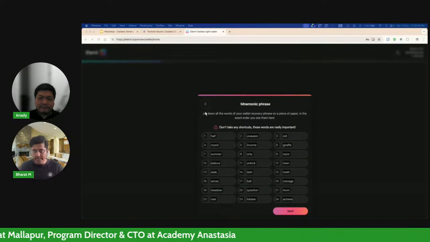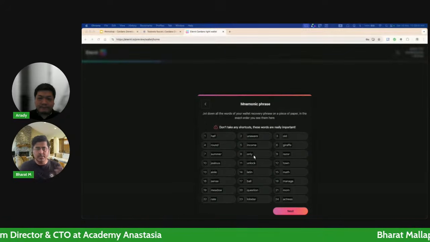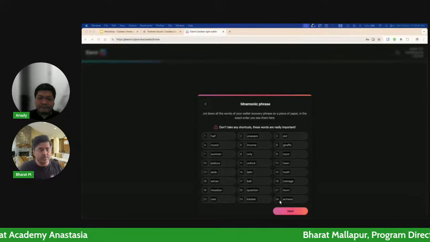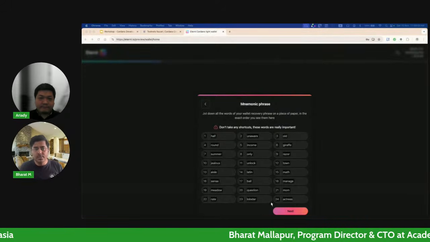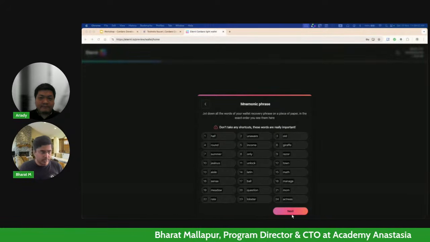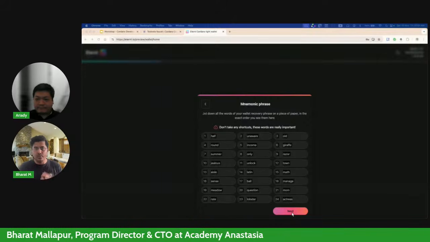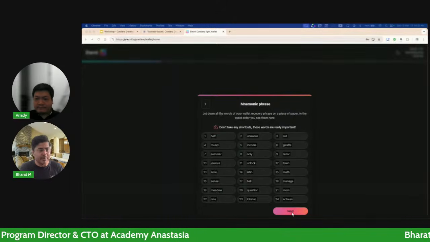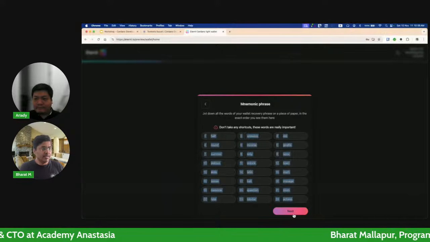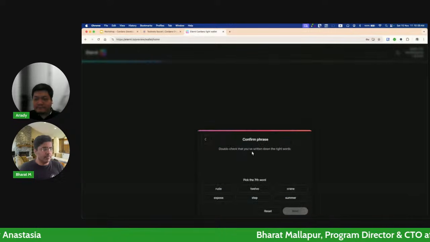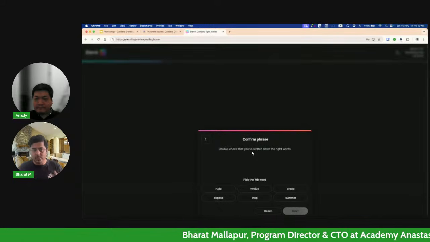So normally you won't share this with anybody. It's your private key basically, right? Your mnemonic phrase is your private key. So never do this in a public place. Make sure you do it in a secure way. And as far as possible, write this down on a piece of paper. Don't save it in your Gmail or in some notepad, etc. Right? For security purposes. Whoever has these keys, they can control your wallet, basically, right?